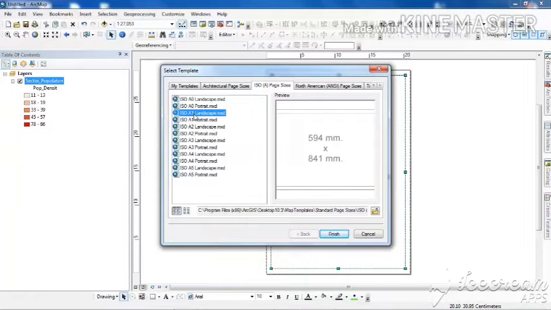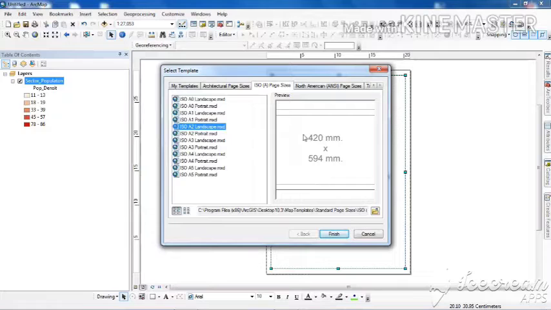Now what is the size of A1 landscape? It is 594 millimeter into 841 millimeter, as you can see. Now A1 portrait, it is 594 millimeter into 841 millimeter. That is, whether you do it in landscape or in portrait, it will basically be the same.